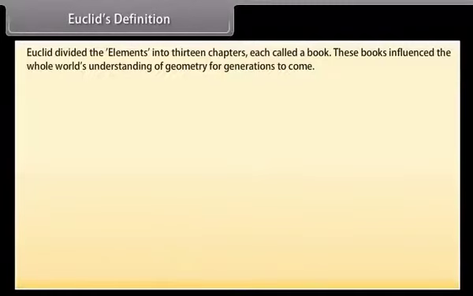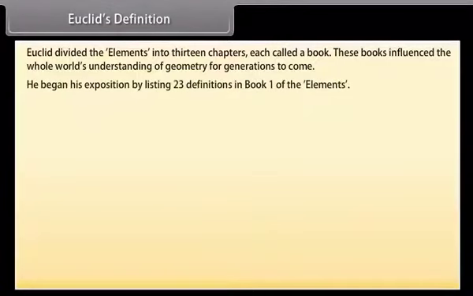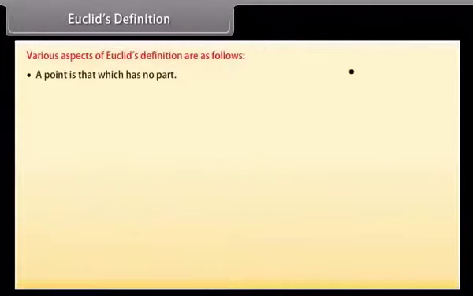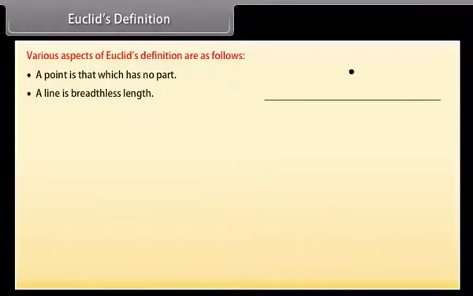Euclid's definitions. Euclid divided the Elements into 13 chapters, each called a book. These books have influenced the whole world's understanding of geometry for generations to come. He began his exposition by listing 23 definitions in Book 1 of the Elements. A few of them are: a point is that which has no part, a line is breadthless length, the